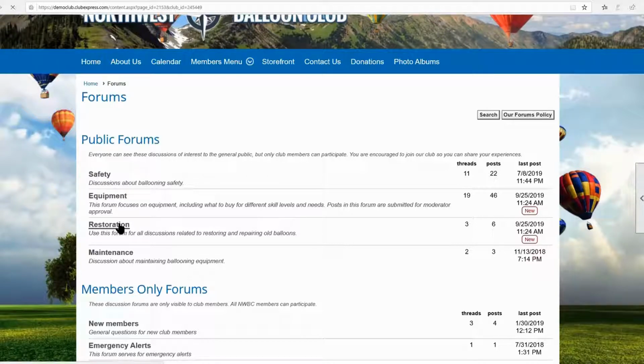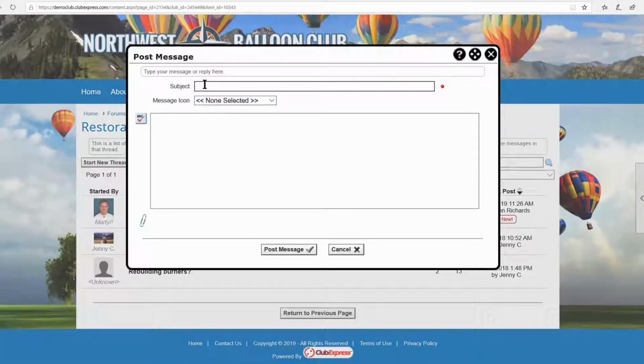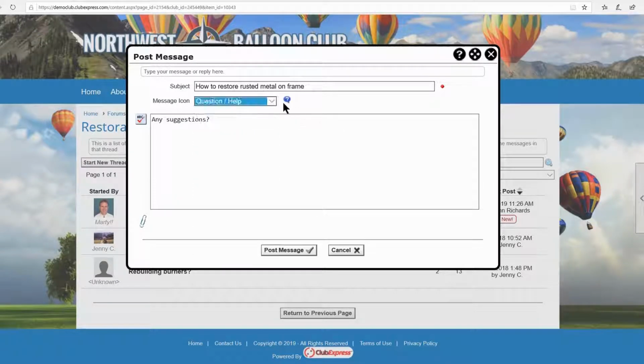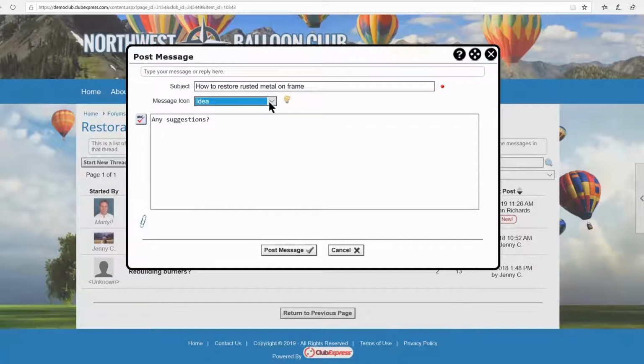So if it goes into restoration, we can start a new thread. And if we start a new thread, you would give it a name, how to restore rusted metal on frame, and say, any suggestions? And you can have a message icon where you could say, oh, this is a question, and a little question mark will show up, or it could be an announcement or info or an idea, something like that.